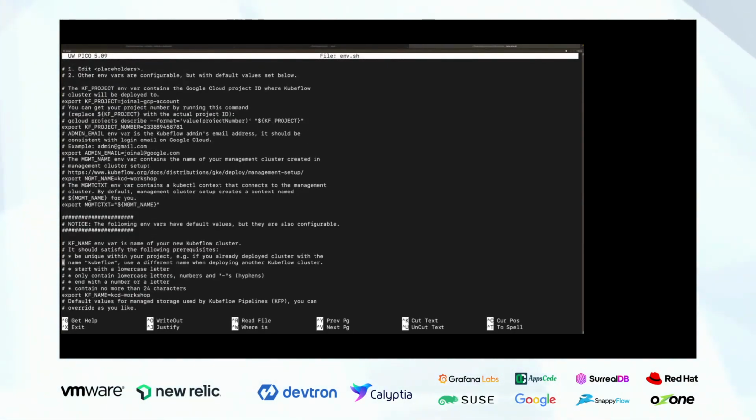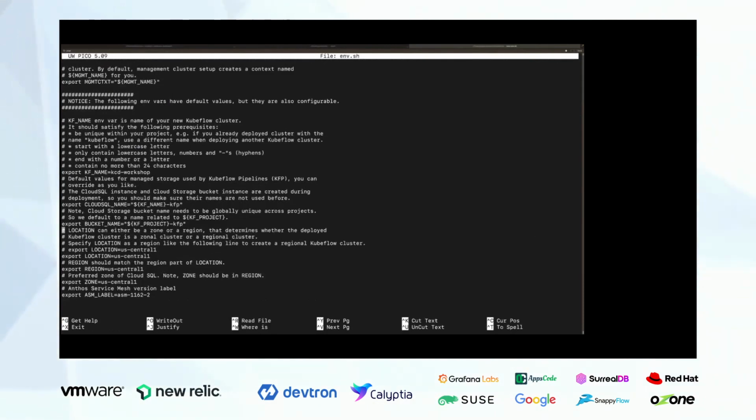One is the Kubeflow deployment name. Then the Cloud SQL name, which is essentially your Kubeflow name hyphen Kubeflow. So the Cloud SQL cluster is what this Kubeflow deployment is going to use. The cloud buckets, same, will be created dynamically. One thing to remember is giving the right location where you want these deployments to be done, and the zone, where exactly in the region you want your Kubeflow to be deployed.